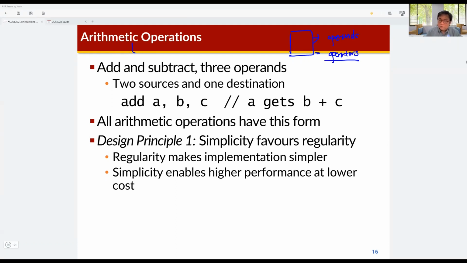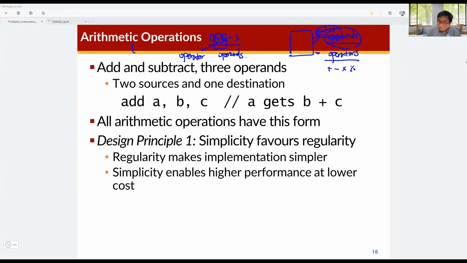Operators mean add, subtract, multiply, and divide, and operands mean the numbers. So in 1 plus 2 equals 3, the numbers are operands